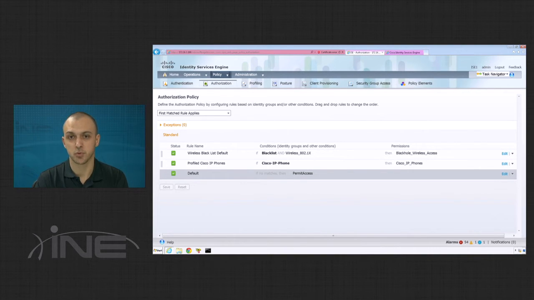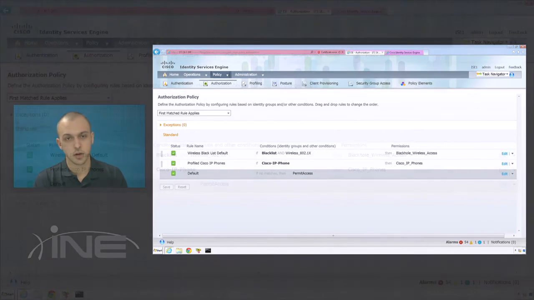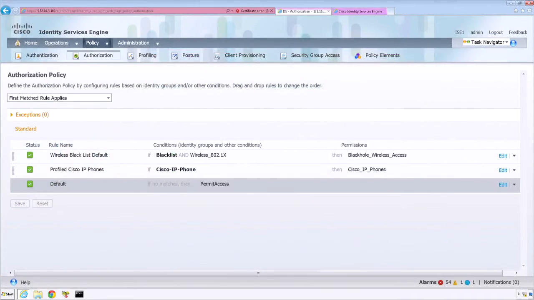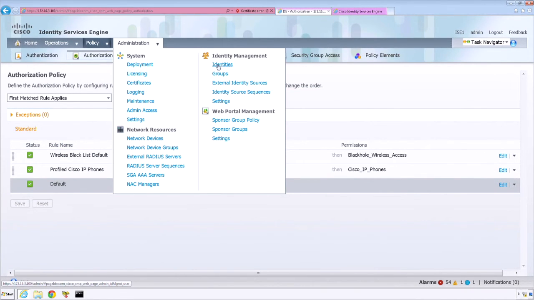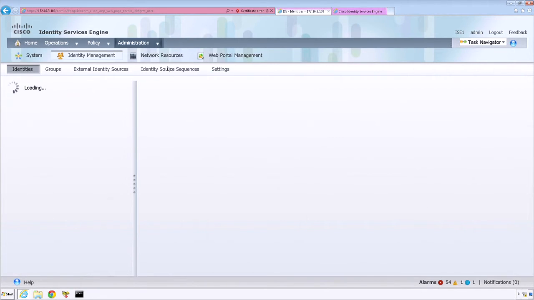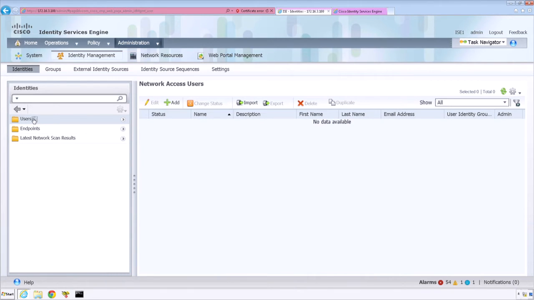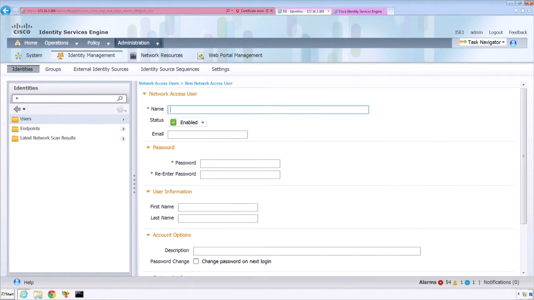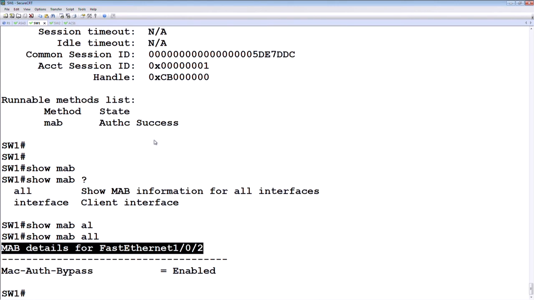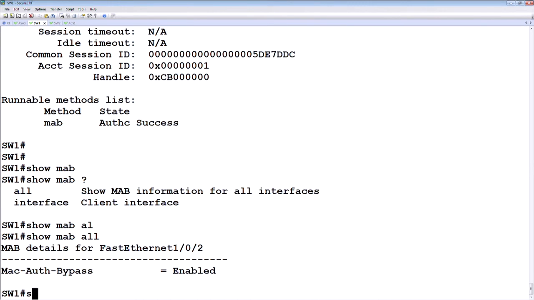Because if I disable process host lookup, basically ISE will perform a regular username password based authentication. So let's first go on ISE and go to administration, identities, and I will need to add the MAC address of the client in the user store. So I'm going to say add, and let me go back on the switch and say show MAC address table,